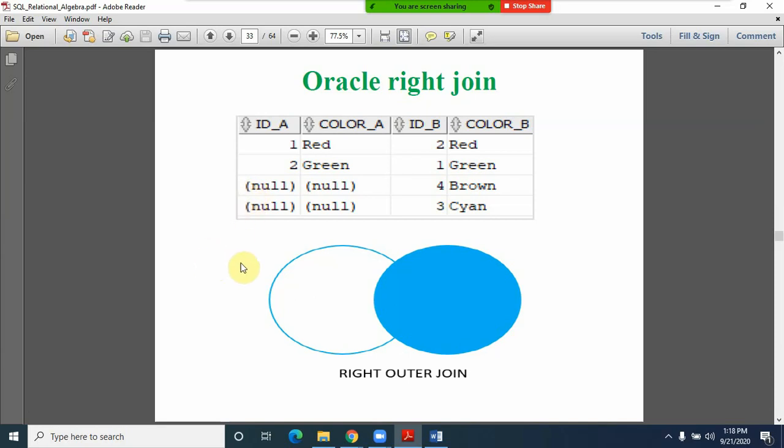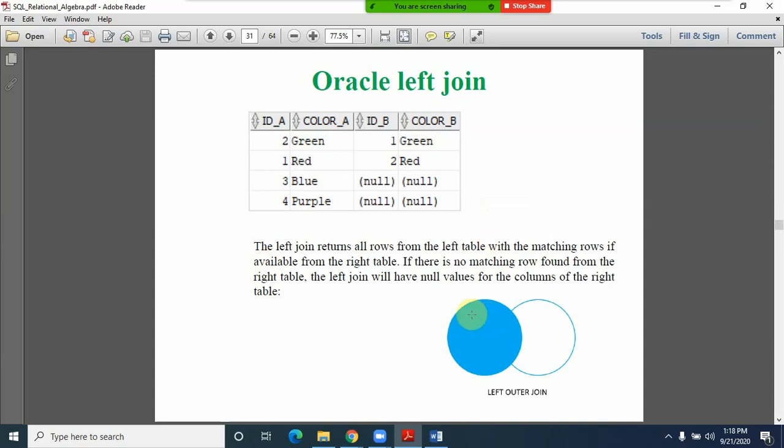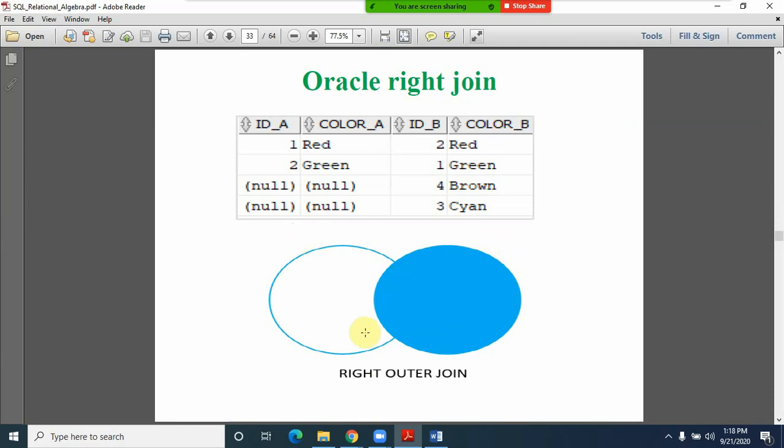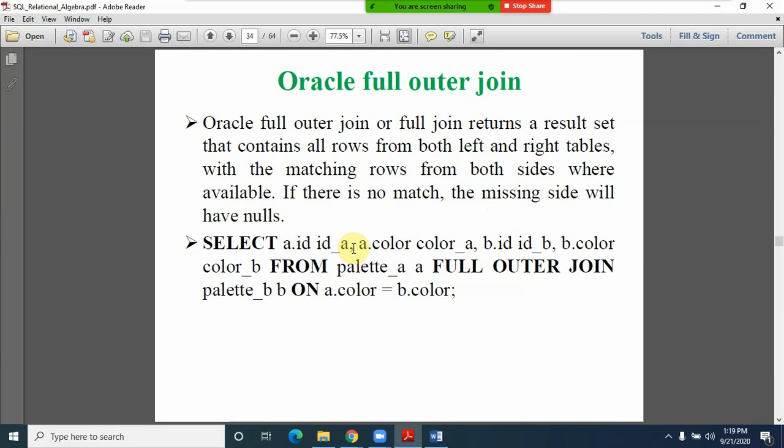And sometimes there is a possibility, like in the left join we only got the information about the left table completely, and in the right outer join we got the information from the right table along with the matching records. There are certain cases, friends, where you may expect both tables' records completely, matching as well as non-matching, from the left table as well as the right table. For that purpose we have the full outer join, and this is the case, friends.